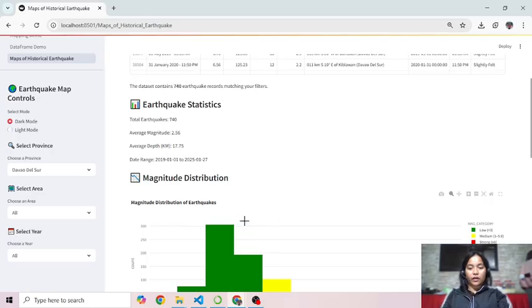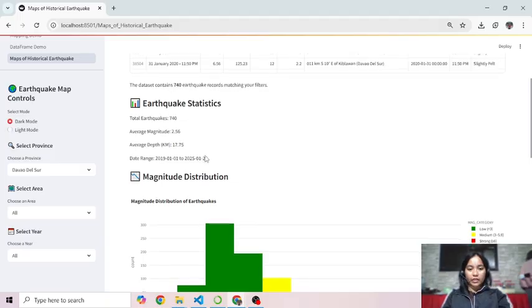The total earthquakes is the count of the earthquakes based on your filters. Average magnitude, average of the earthquake magnitudes, average depth, average depth of earthquake in kilometers, date range, the start and end dates for selected data.